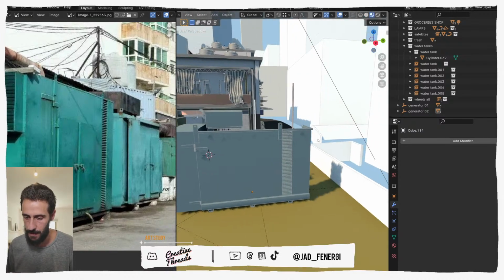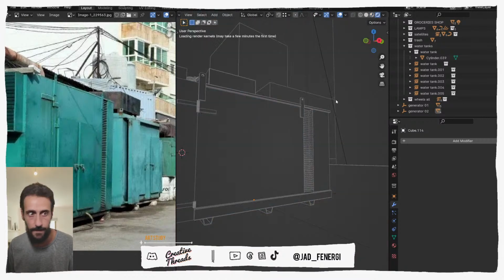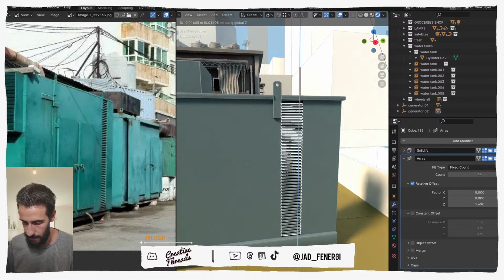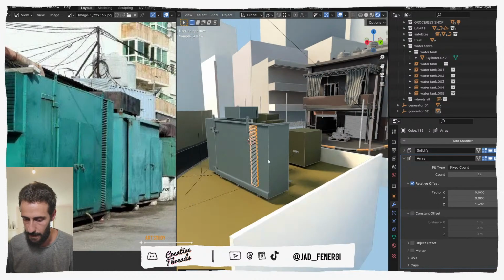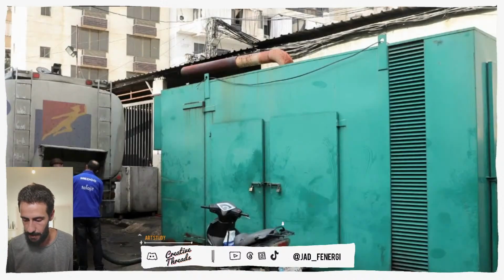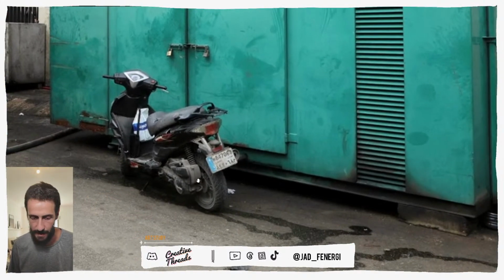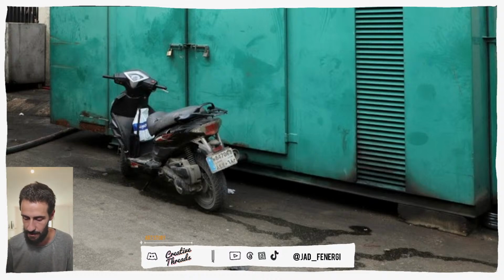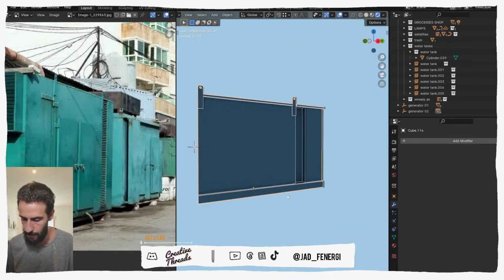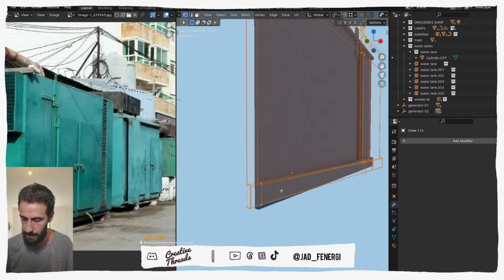So now if you go to material preview, or if you go to rendered mode, pressing Z, you can see that we have this profile. So the issue now is with this profile that I did in here, it's actually fine, but the detail that they have in here is much easier than what I have actually, so it's easier to do it and to implement. So I have this going outwards, but in the actual generator it's actually going inwards,